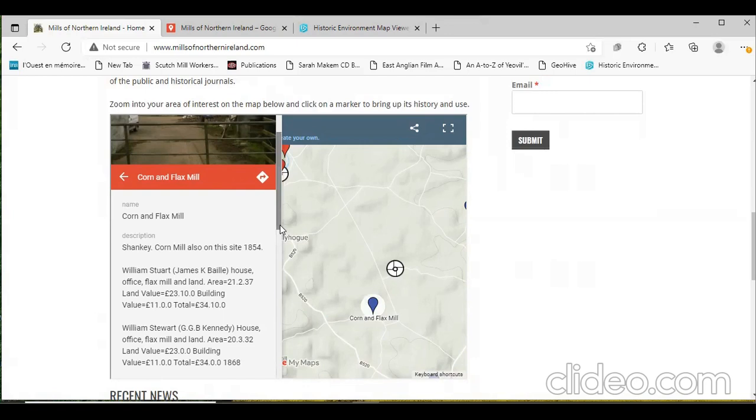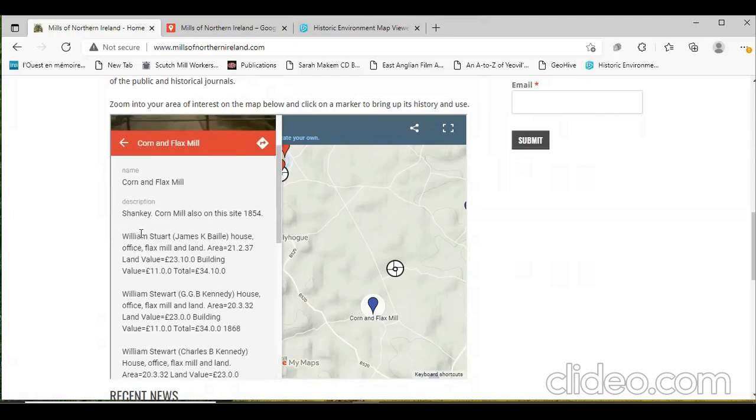Most of the online sources that I would use date to the mid 1800s, 1830s onwards, and they stop around 1930s roughly. The main thing I've actually used is valuation revision books online on the Public Records Office website. So scrolling down, we can see that there was a William Stewart, who was not exactly the miller. Sometimes he was just holding on to the premises, living there, a tenant, and he was renting it from James K. Bailey. And the description is a house, office, flax mill, land,